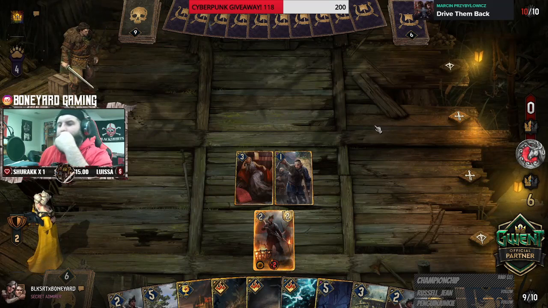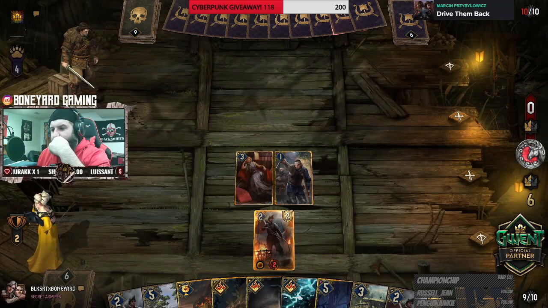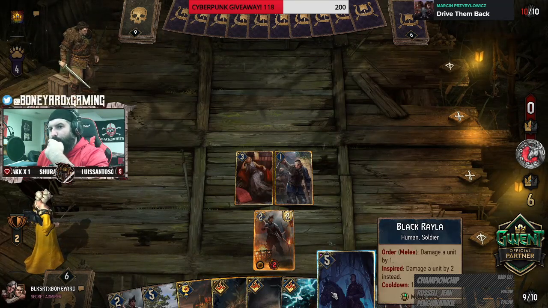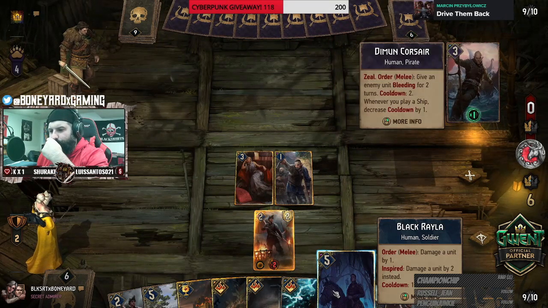So our next sequencing is always going to be Archer and then Rayla, or Rayla then Archer, whichever one you prefer. The only reason I don't like Rayla right now is because if this deck does have Curse of Corruption, they just normally Curse of Corruption it. It's just dead. So